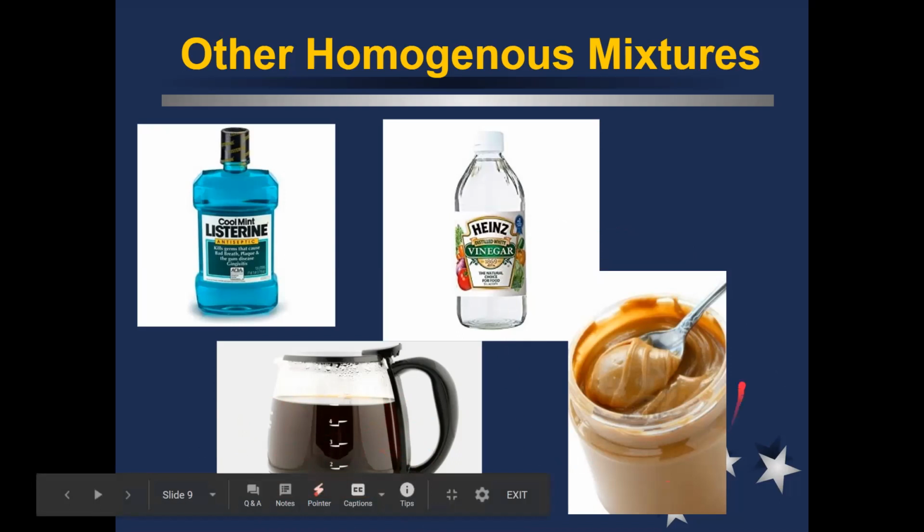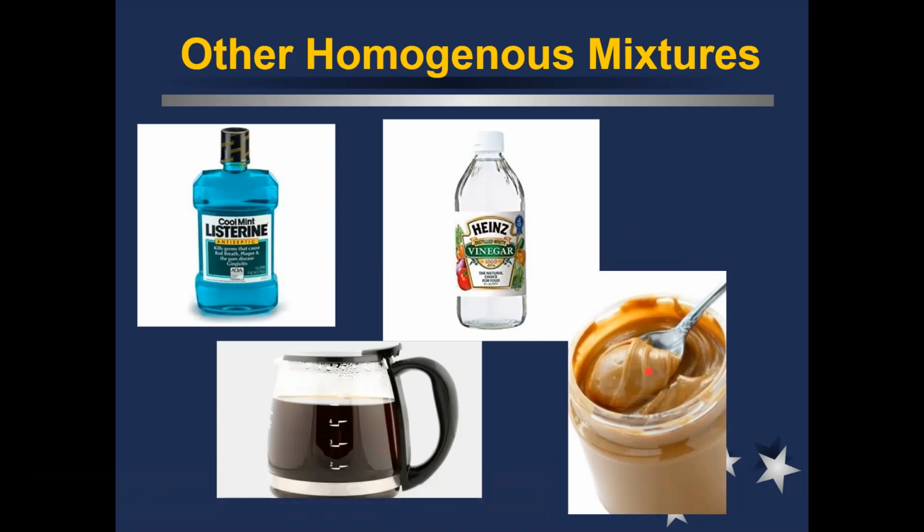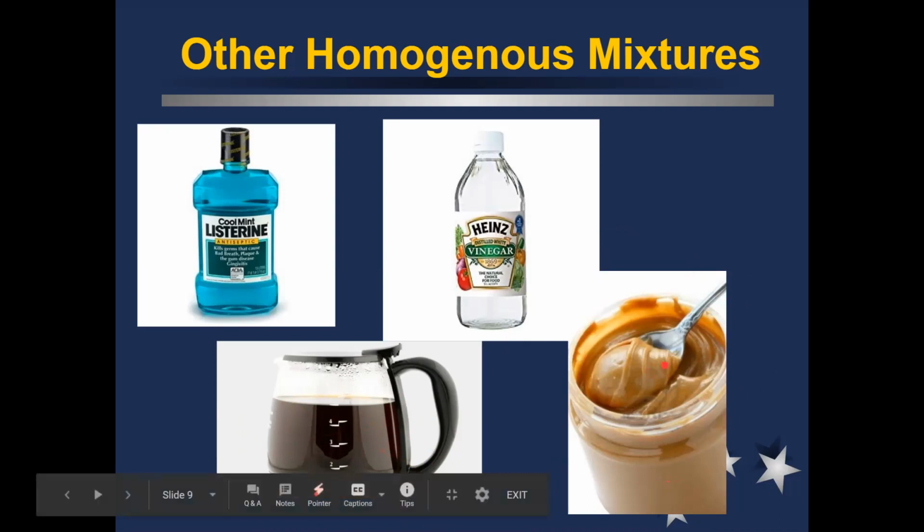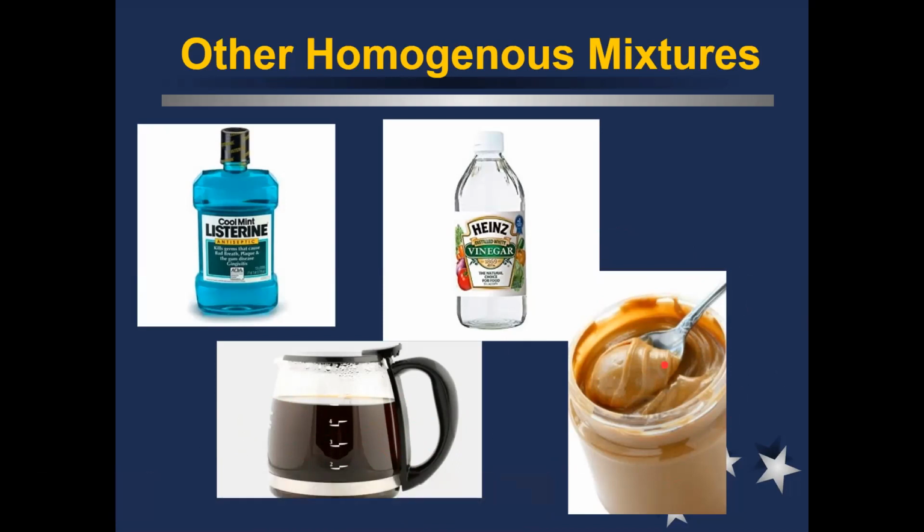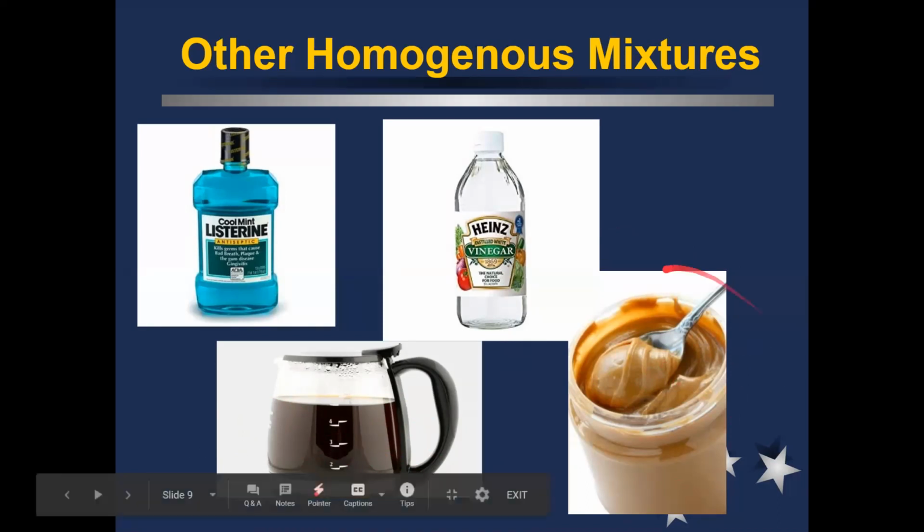Then one of my personal favorite examples is like smooth peanut butter. So peanut butter is a combination of ground peanuts and oil and a little bit of sugar. And so each scoop that you get out of your jar of peanut butter should taste the same and look the same as the last scoop, right? As long as they mixed everything together really well, it should all be completely homogenized. It should all be totally the same.